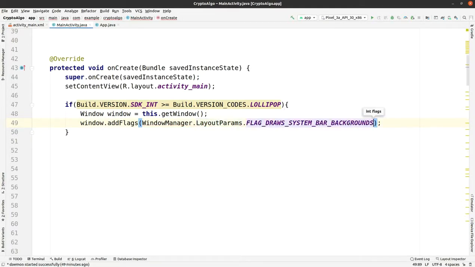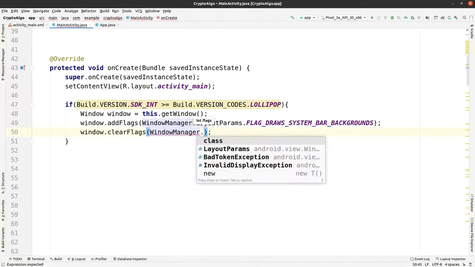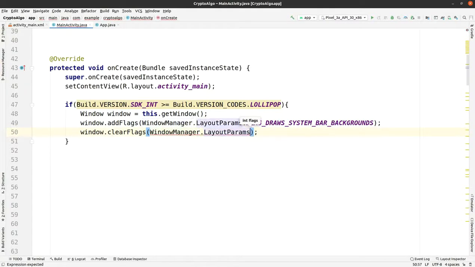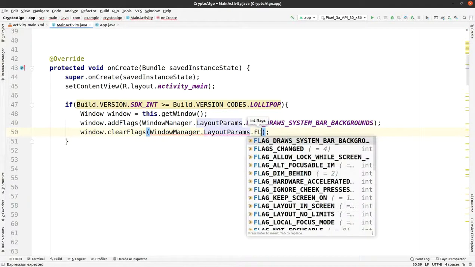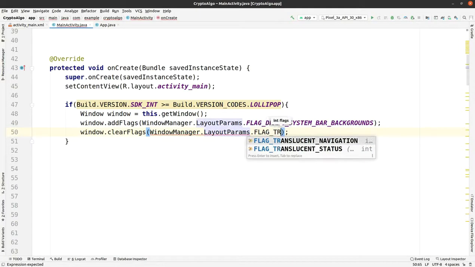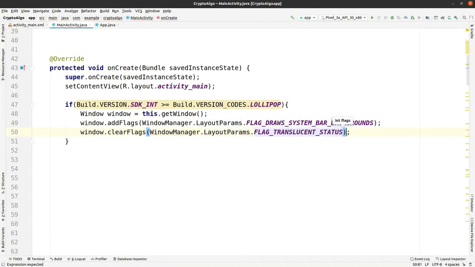Okay, so afterwards for the full screen, we have to clear flags, and after that layout params dot flag and transparent status. So it is almost done, but we have to make one more thing also.